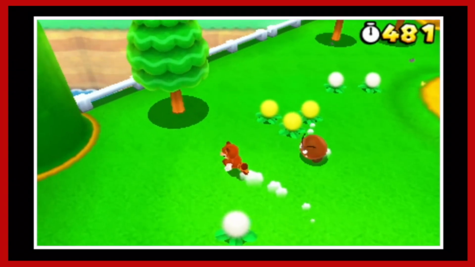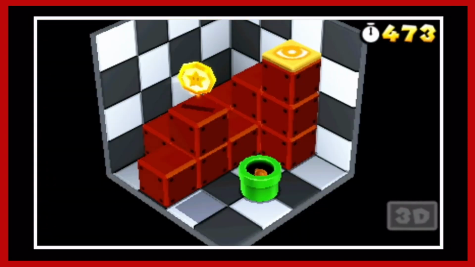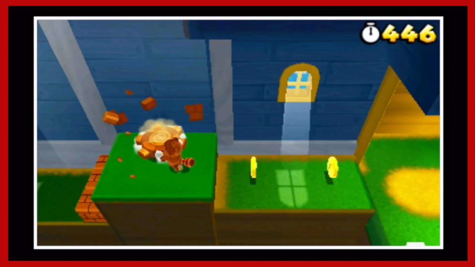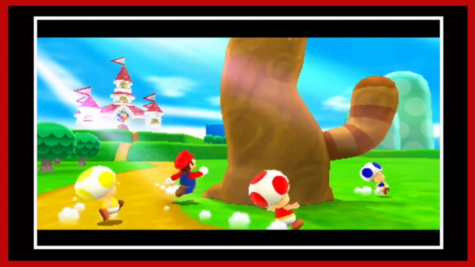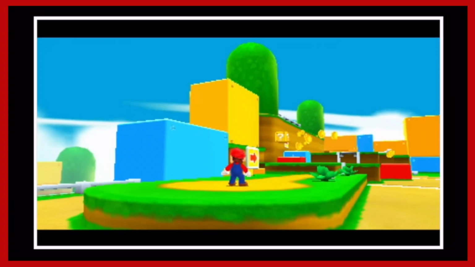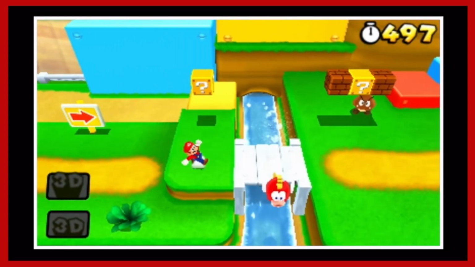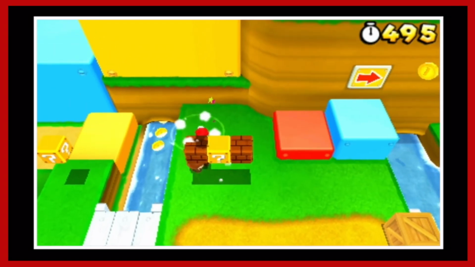Now, all that aside, I'm sure there are a lot of things that 3D Land does that I'm not giving it enough credit for. The parts where it makes use of the 3D slider, the alternating paths, and if I ever decide to make a video on this game, I'd be happy to get into it. But for the most part, the game feels like if you took away Mario's Z-axis movement and changed the camera